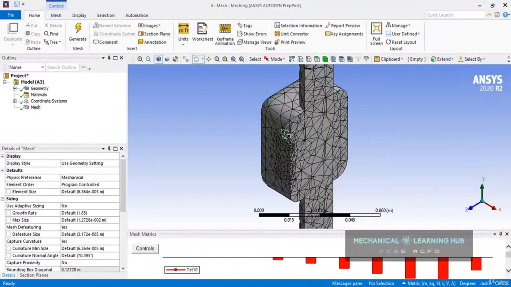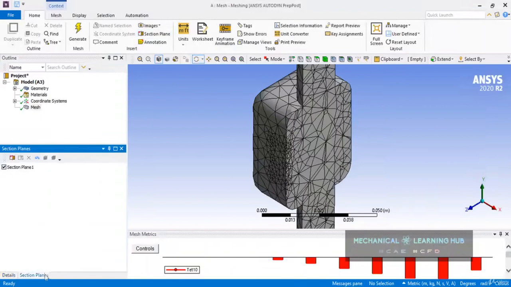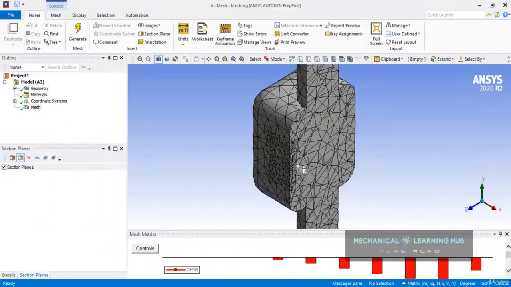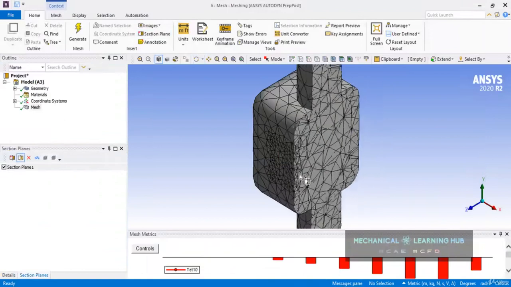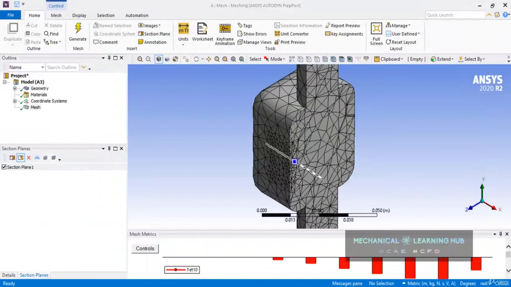So if you view the mesh, we can see how the 3D elements are formed. So the default automatic method always uses the patch conforming tetrahedron or a sweep depending on the geometry. In this, for the non-sweepable cases just patch conforming tetrahedrons were used, right? We will now look at how other methods can be accessed. Now just switch off the section plane